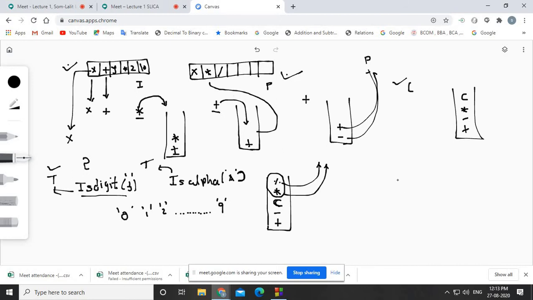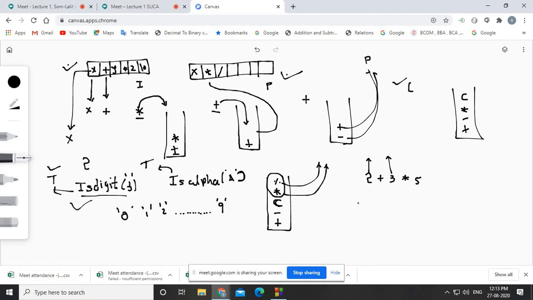In our case, whenever we are evaluating an expression, it can be something like 2 plus 3 into 5. This is one way to write an infix expression. If 2 is a digit, then I will consider 2 as an operand. 3 is an operand because isdigit will be true.